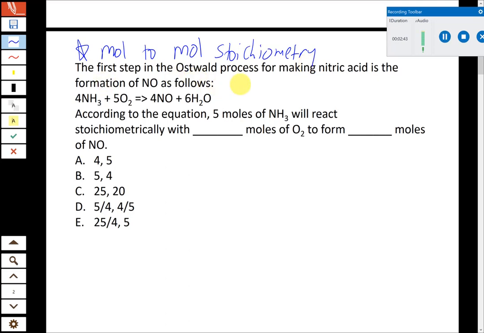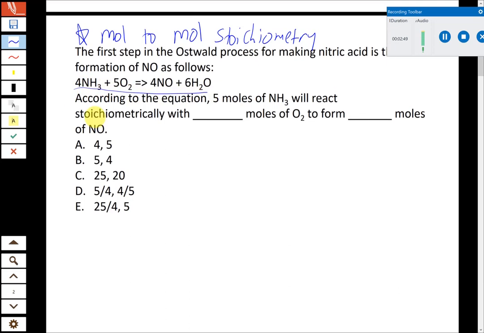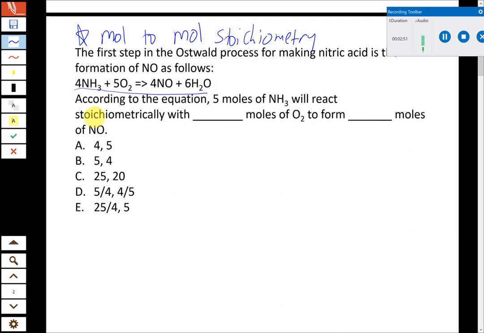So the first step in the Ostwald process for making nitric acid, here's our balanced equation. We don't have to worry about balancing it. And now we're ready to start the problem. So this is a 2-part problem. The first thing we're looking for is moles of O2. We always write out what we're looking for, and then we start with what they give us. So we're reacting 5 moles of NH3, and we're trying to figure out how many moles of O2 react with that. So we have 5 moles